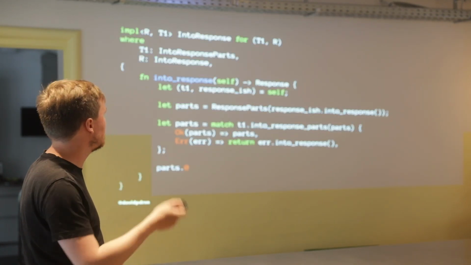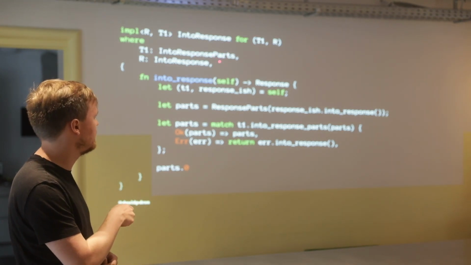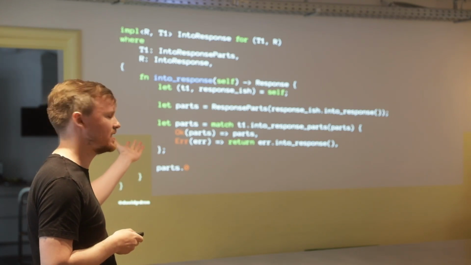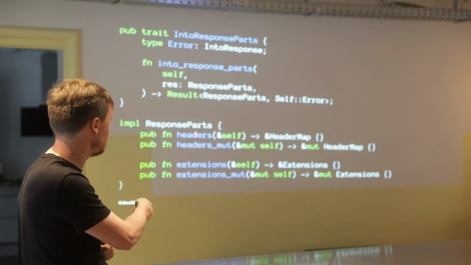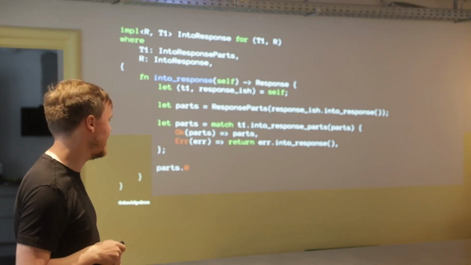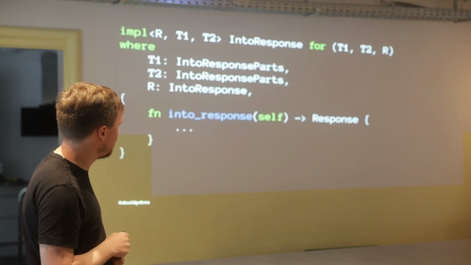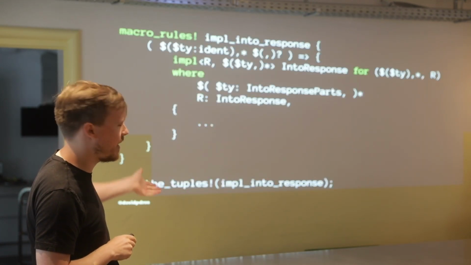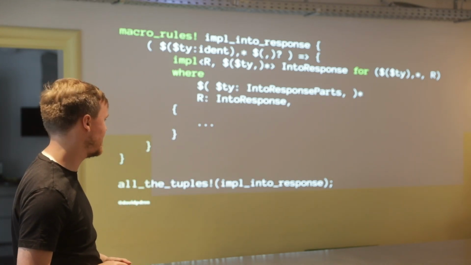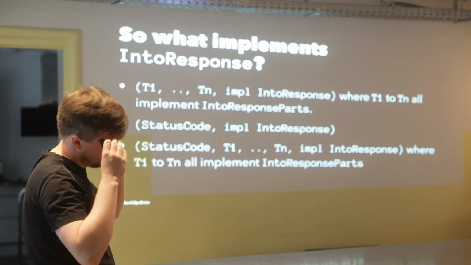And then Axum can provide implementations for a tuple, where the first thing is an IntoResponseParts. So we know it can't set the status code and it can't set the response body because you don't have access to those things. You can only set these things mutably. So that means that as a user, it's very easy to know what the status code will be in the end. And the implementation is very much what you'd expect. Obviously, we do that for tuples of 3 elements, and we have a macro that does it for tuples of up to 16. So if you want to compose lots of tuple responses together, you can totally do that. So there's a lot of machinery here.